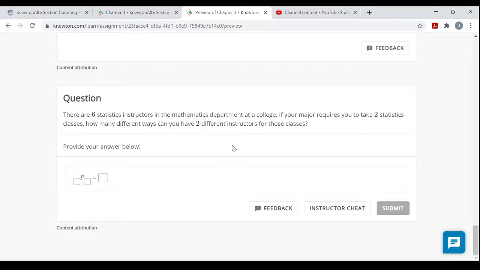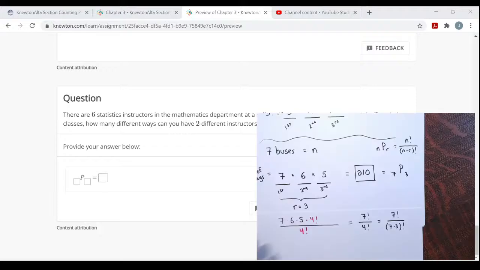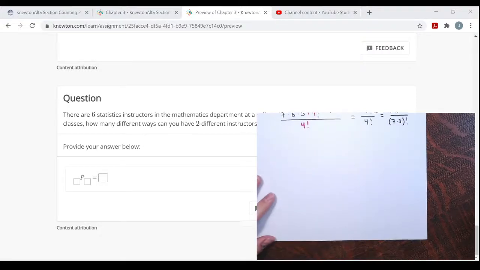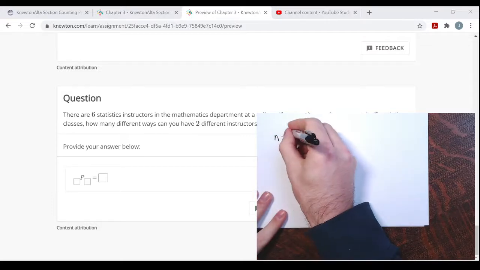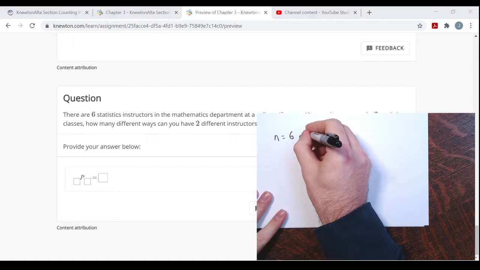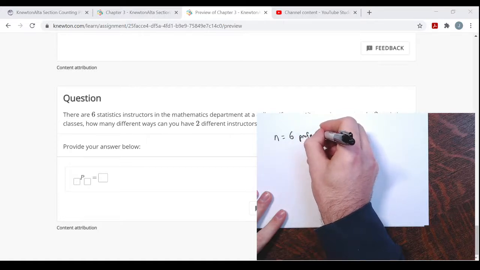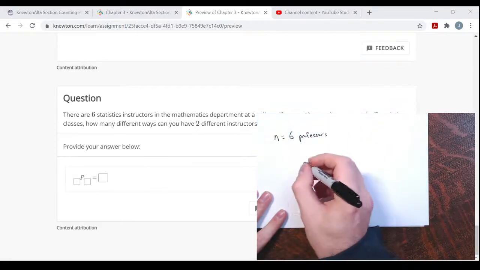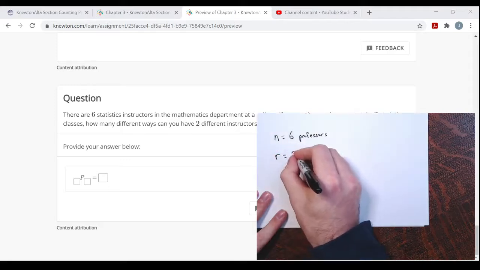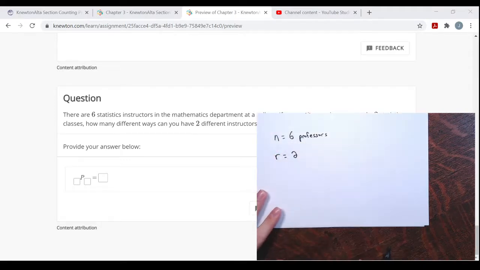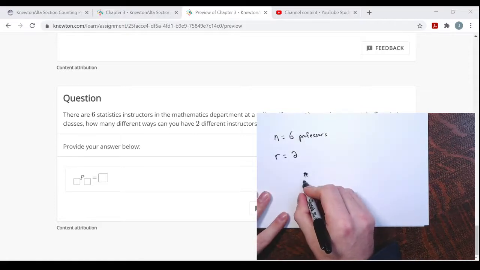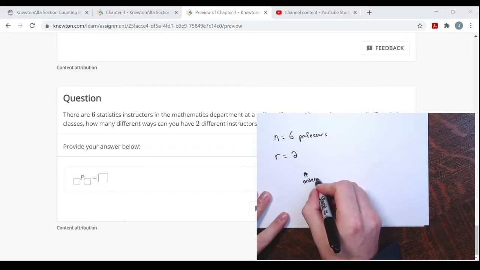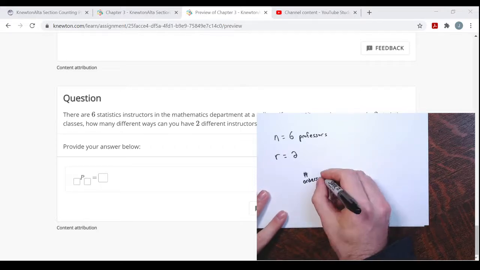So yeah, now this time I'll pull up some paper on the screen. Okay, so I have n equals 6. 6 statistics professors are the objects I'm choosing from, right? 6 professors. R is 2, right? You're taking 2 classes. So think about it this way. The number of different ways you can select professors, number of orders, number of permutations